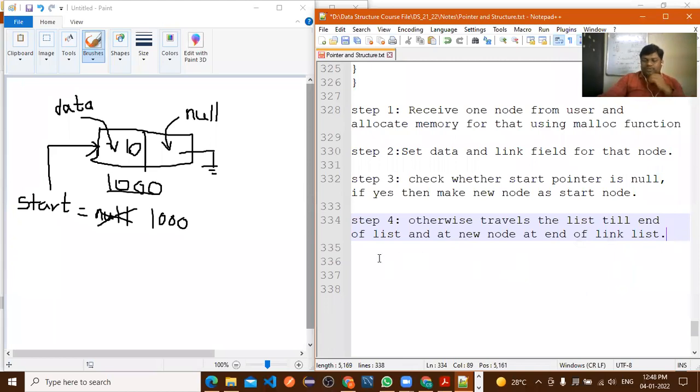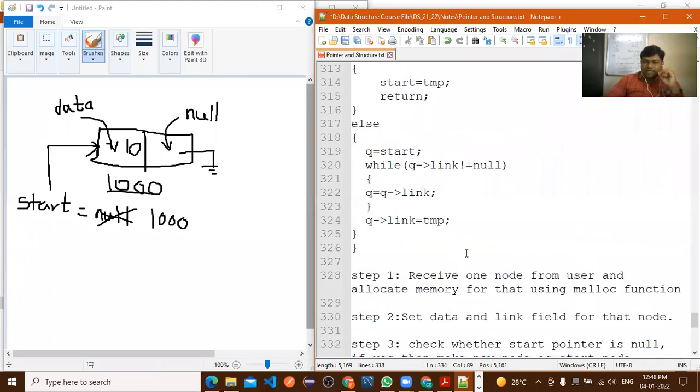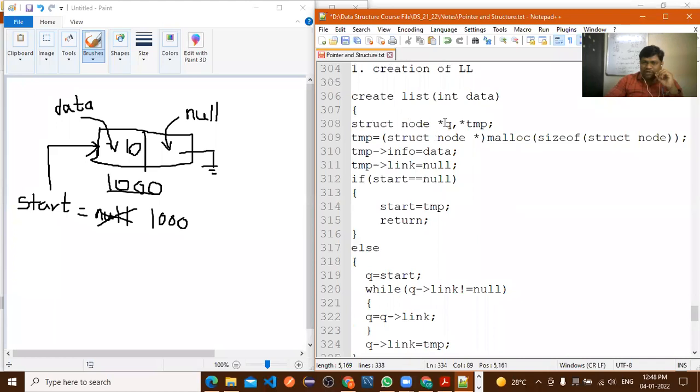Now, how to perform this step number 4? Otherwise, travel the list till the end of the list and add the new node at the end of the linked list. So to traverse from the first node to the last node, we have considered one more pointer variable, that is q. We are not traversing by using the start pointer, because we use the start pointer only for the first node, so we are not changing its location.